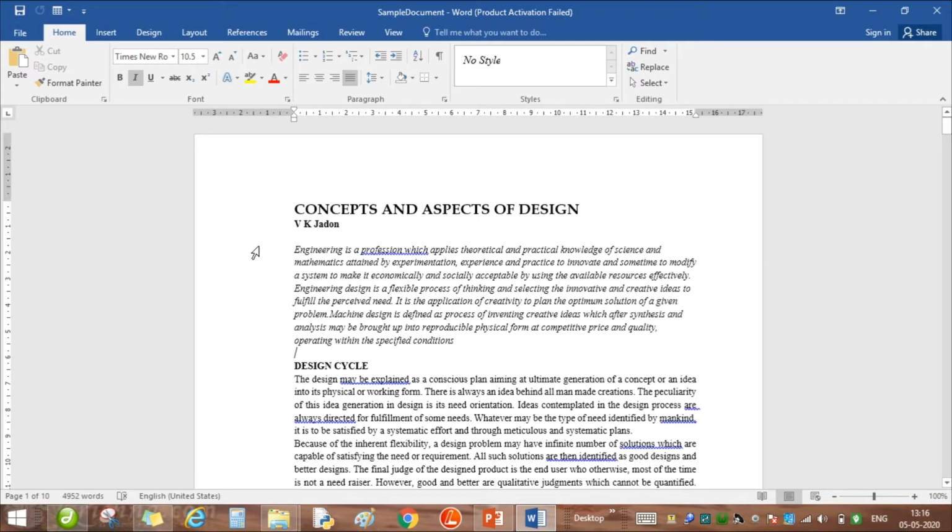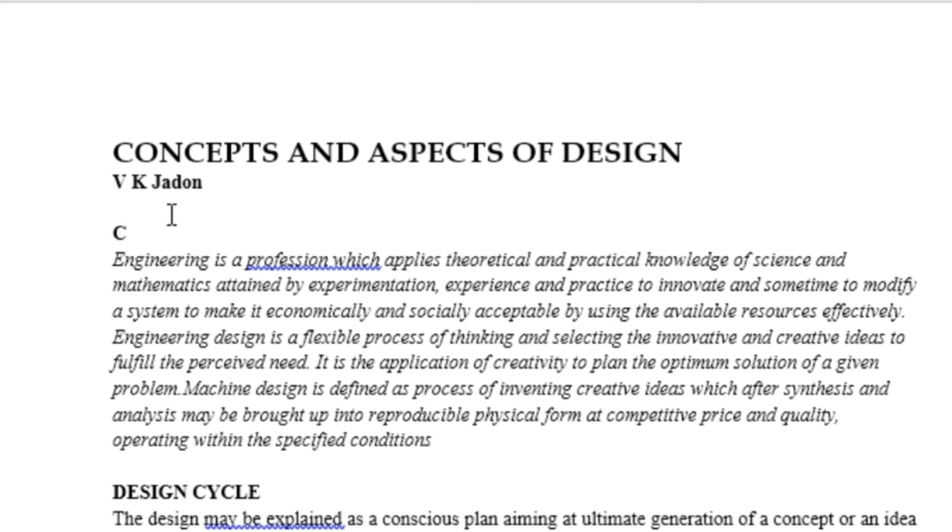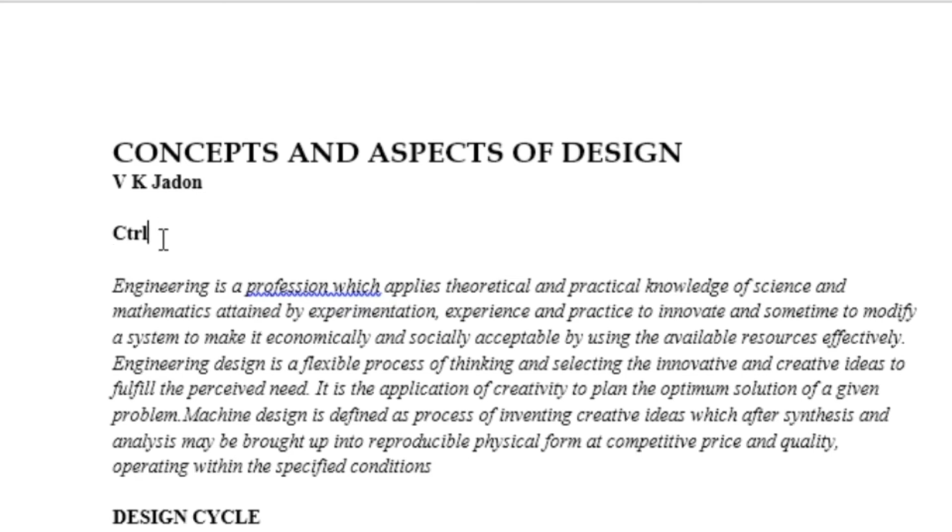Now let us talk about the shortcut key Control A. CTRL is the word that represents the shortcut key, and we can write Control A. Some may use the plus sign, which means Control and A. Some may use Control hyphen A. Some may use Control blank A. But the meaning of all these representations is the same: you have to press these two buttons together, Control and the button that is next to it.